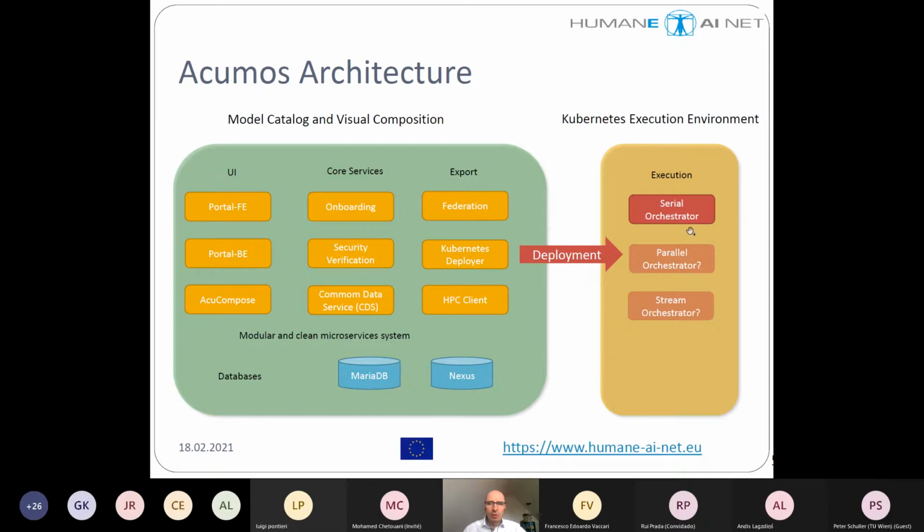Okay, so this is important to know because the deployment will create the Kubernetes artifacts that are needed for the deployment in the Kubernetes cluster. And there can be several components or means of execution. So we are working currently on a generic serial orchestrator that can orchestrate a pipeline. But there are different orchestrators possible. So we can also imagine a parallel orchestrator or a stream orchestrator